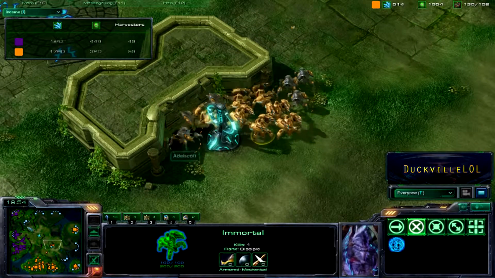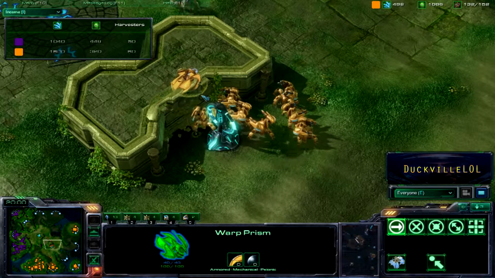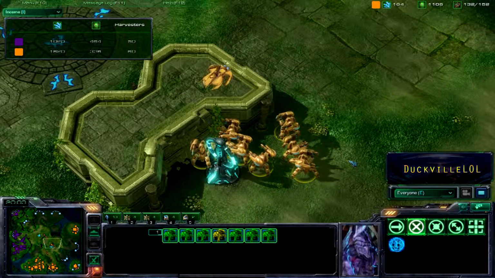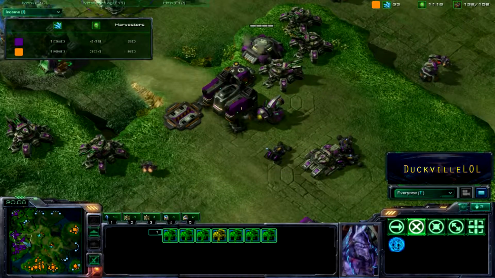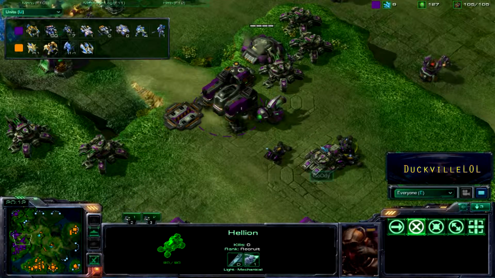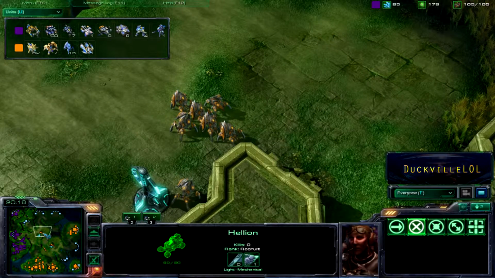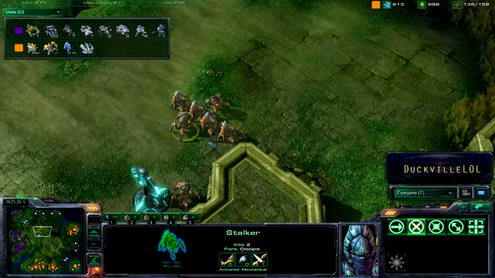Now, this is what I'm talking about before in terms of counters to the mech build, in that you've got all of these immortals here. Look, now, GoOdy's got, what, 6 tanks at the moment. That's a lot of tanks. Normally it is a lot of tanks. With the nerf to tank damage, they are actually going to take